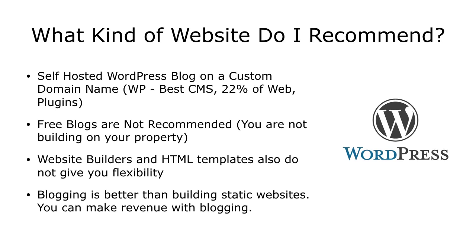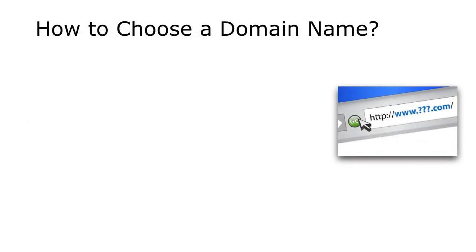So let's get started with domain name and hosting, then we will talk about WordPress and how to go about it. Let's start with the domain name. How to choose a domain name? A domain name is basically just a name with an extension like .com, .net or .in, which you probably already know, right? The first tip for choosing a domain name would be to choose a brandable name, which means that, for example, in my website digitaldeepak.com, the name Digital Deepak can be converted into a brand, right?